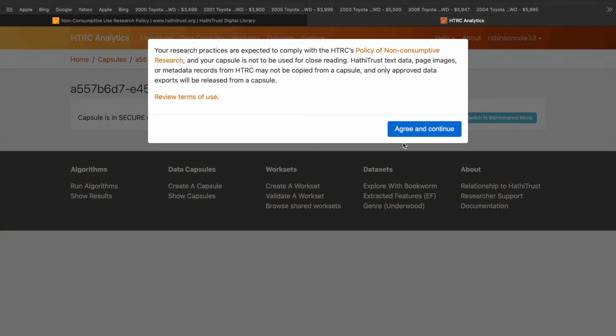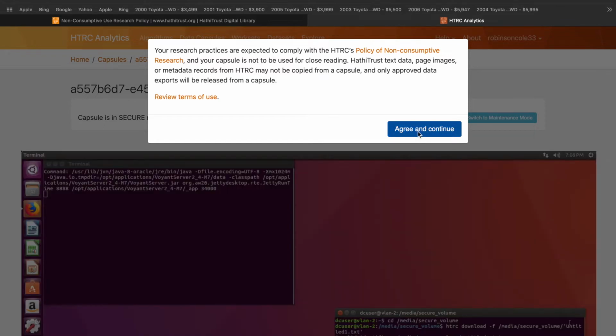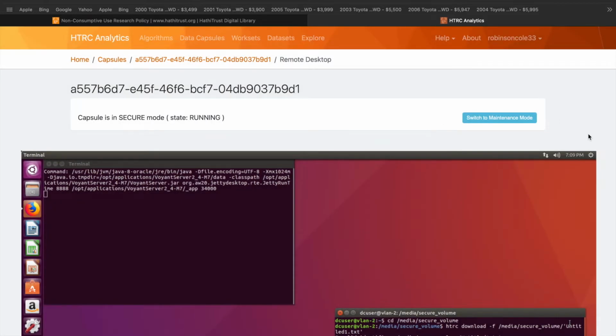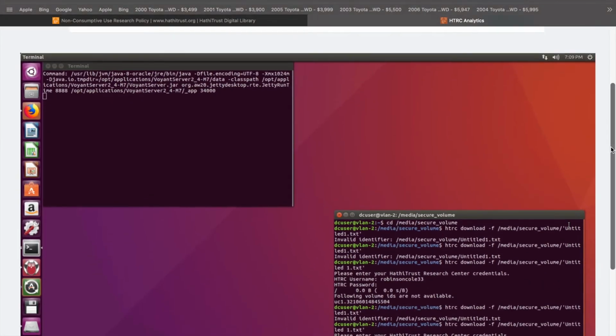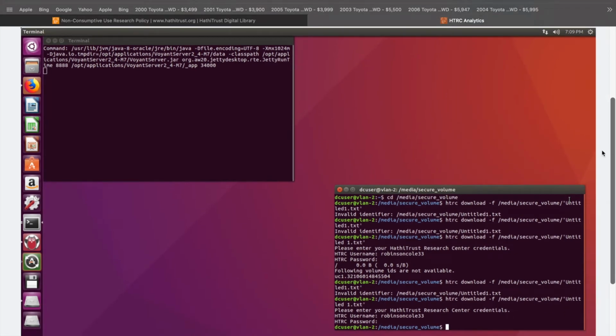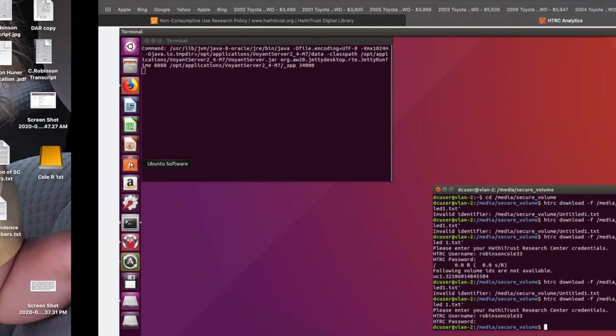So when we click on that, of course, we are confronted with some legal jargon again to make sure that we're not doing anything we shouldn't be. And this takes you to your virtual machine. Now, if you look over on the side here, you kind of understand that this is essentially a new desktop. Of course, you still have your desktop that you can be using to write your papers on the side here, but